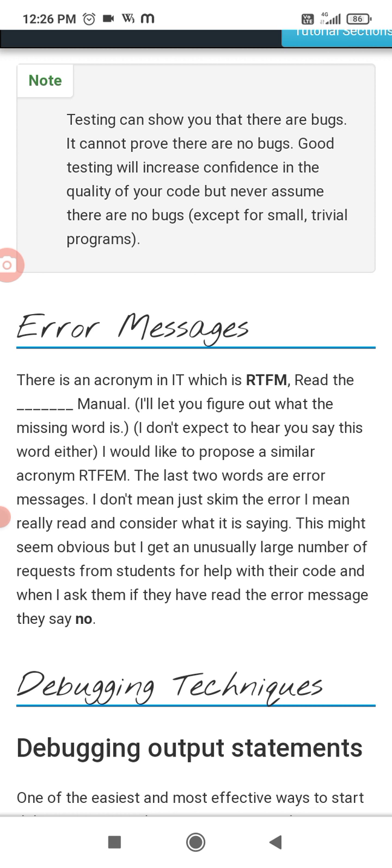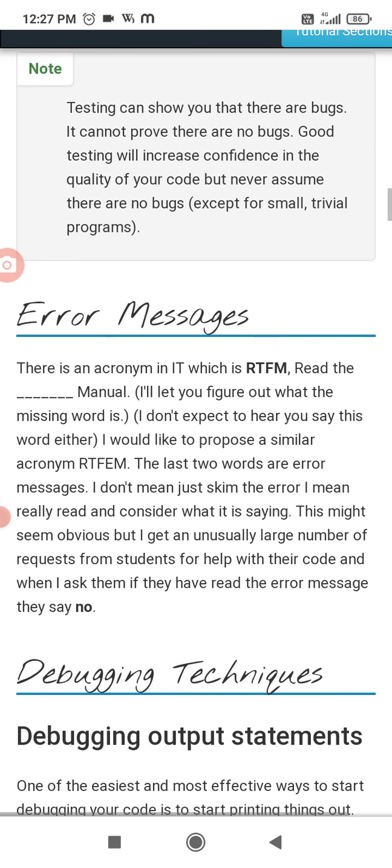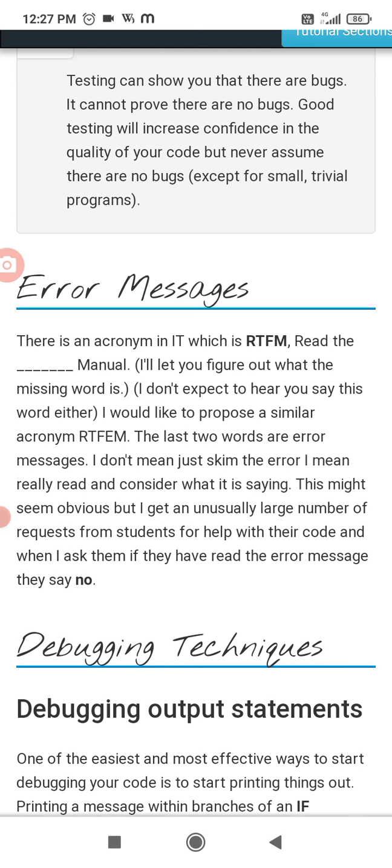I don't expect to hear you say this word easier. I would like to propose a similar acronym, RTFEM. The last two words are error message.